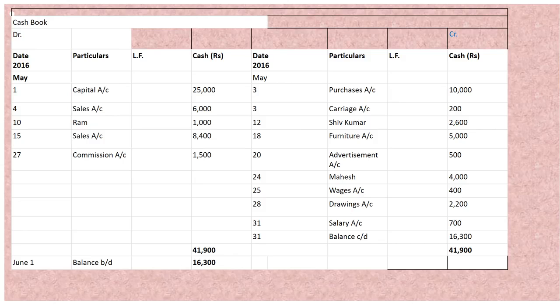One thing you have to do, beta, you have to do this question in proper format. First of all, you will write cash book in the middle. I have written on the left because it will be like a PPT. On the left hand side debit and on the right hand side credit. Then date, particulars, LF means ledger folio, we have already read in journal entries. Then cash. There is one more thing, the voucher number, for which you also have to prepare a column.